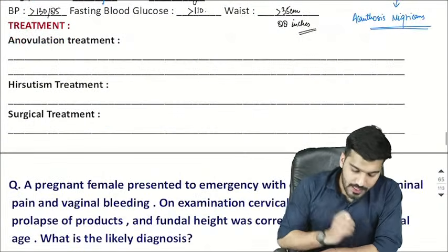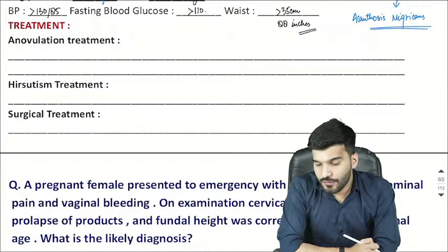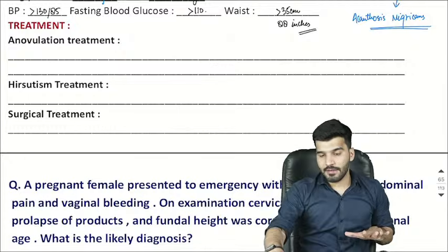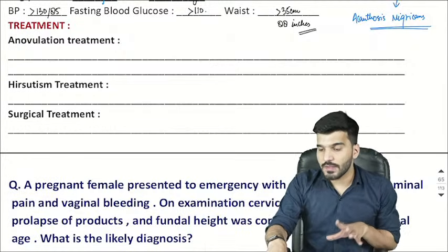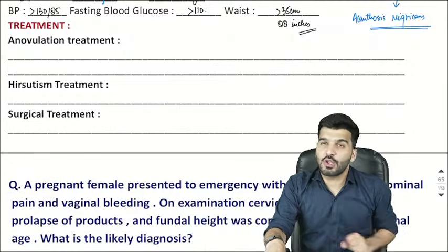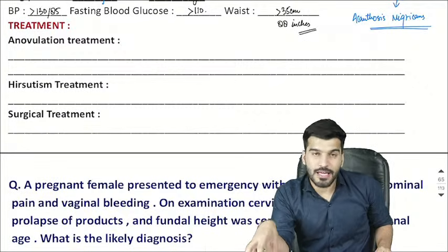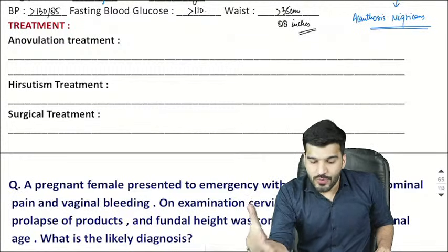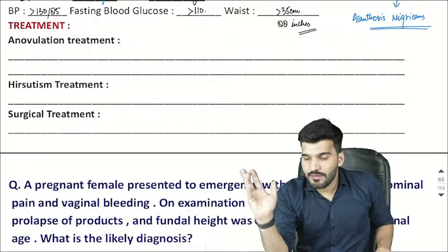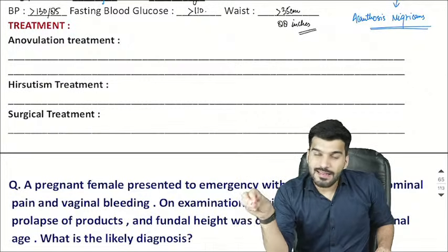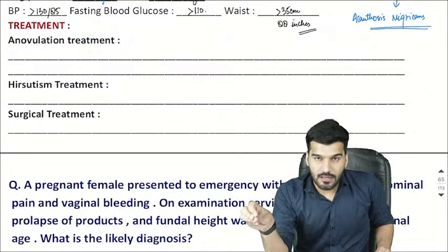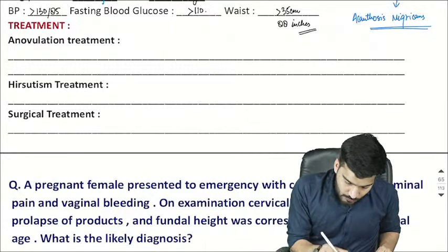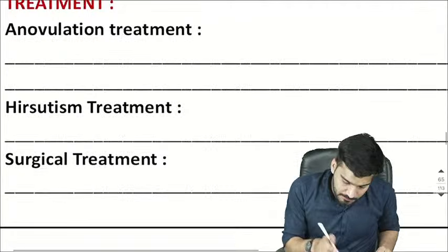Now, can you tell me, guys, what will be the first line management of these patients? Write down in the chat box what will be the first line management of PCOS, if the clinical case is given. So mostly in the endocrine disorder, the first line management always is lifestyle modification. And it is seen that 30% of females had a normal ovulation post lifestyle modification. So always remember, in anovulation treatment, the first is going to be